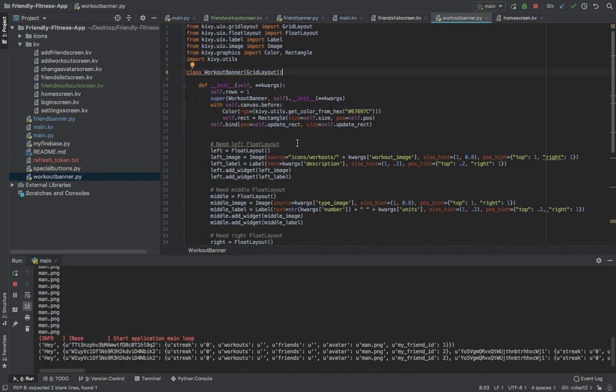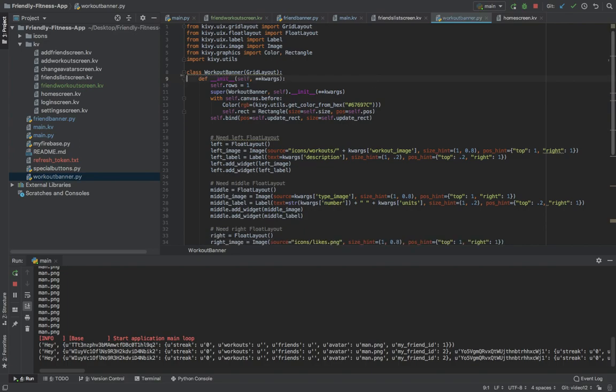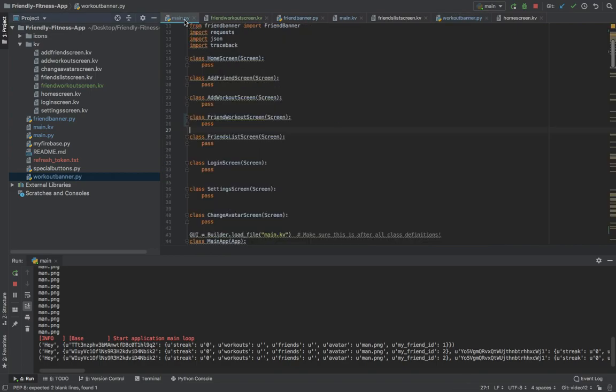So definitely, if you're going to be using a lot of widgets inside your scroll view, which I will be, you want to be using a recycle view layout. And I might do that outside of these videos, or I'll make a separate video on it. But for now, I'll just stick with the scroll view since that's what I've done for the rest of this video. Okay, so that was a little bit of a tangent, but now I need to make a workout banner for each one of my workouts inside this